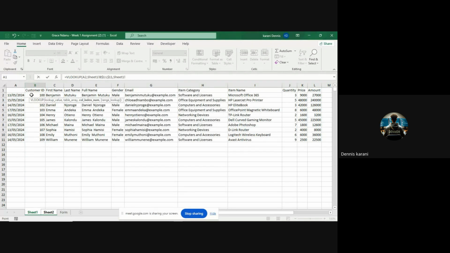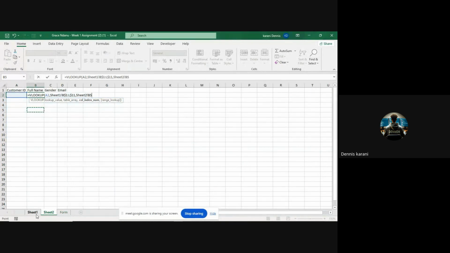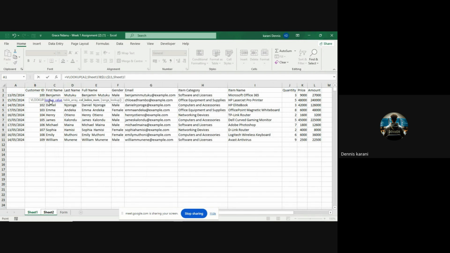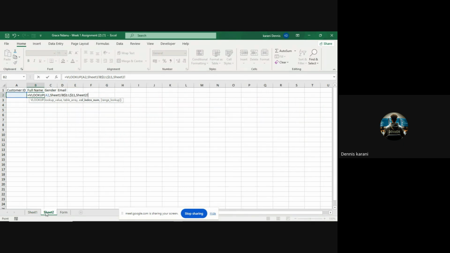Since we have started from the customer ID, we can just delete this one. Oh, we cannot be able to delete it to that point. So since we've selected our table from customer ID to the end, this is going to be our first column, second column, the third column, and the fourth column. This is basically what we want our table to give us, the output. That is the name. This is what we want it to fetch for us. So we are going to select it from sheet 1. This is column 1, 2, 3, 4. We are going to write 4,